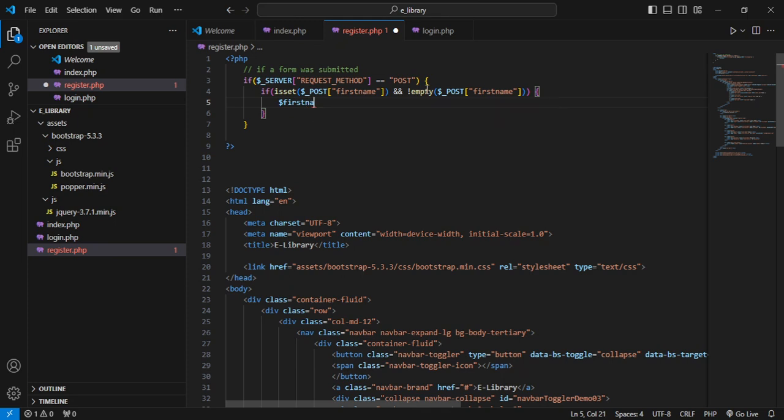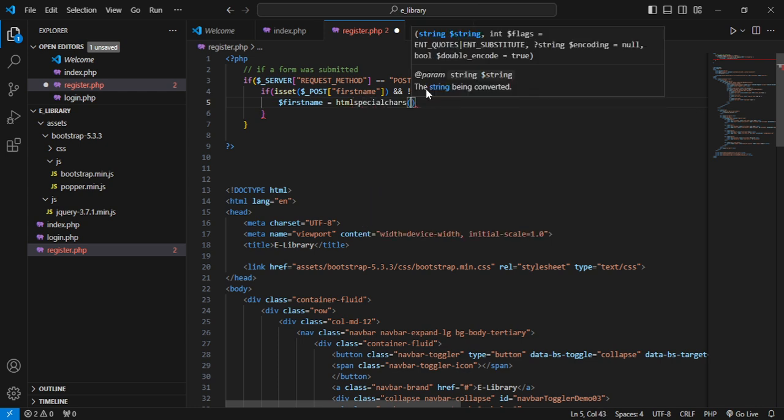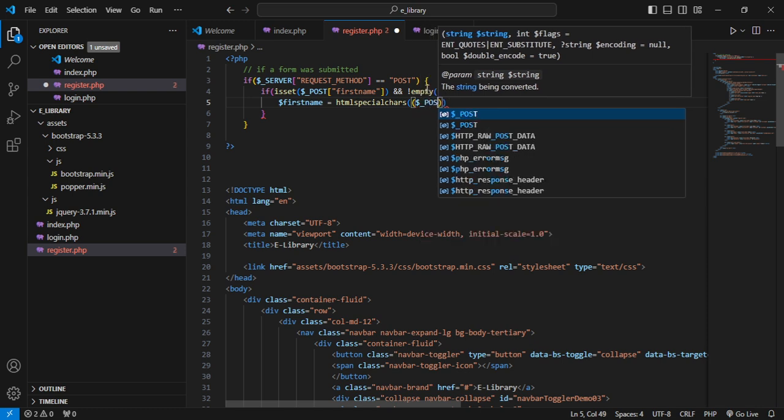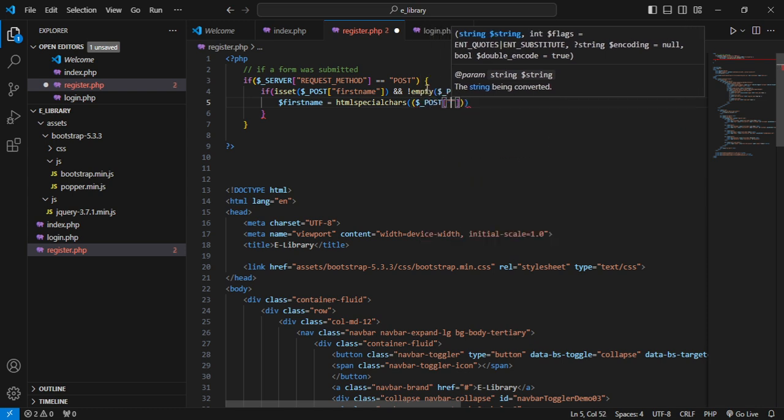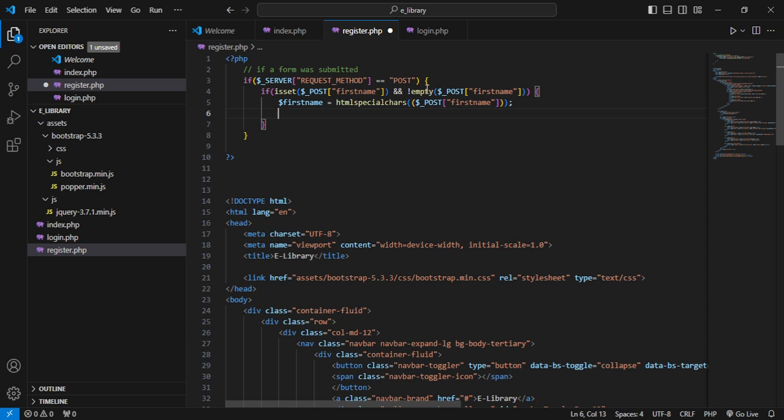In this case, I'll create a variable, and this is how we can actually do that. This first name is going to store that, but we say htmlspecialchars. This is basically going to prevent XSS attacks on your website. It's a basic feature that you can use to prevent XSS attacks. But now that we've done this, there's another particular type of attack we want to prevent against, and that is